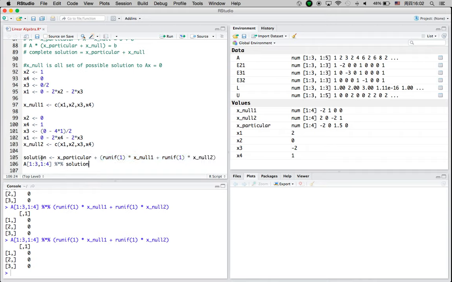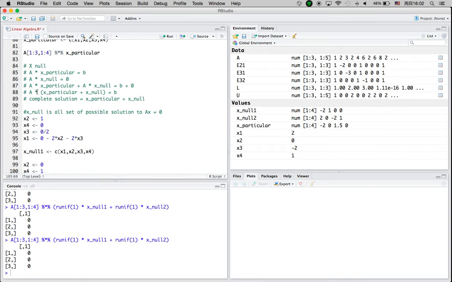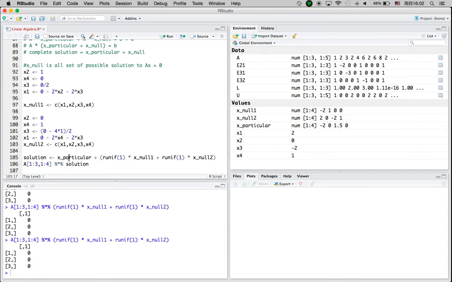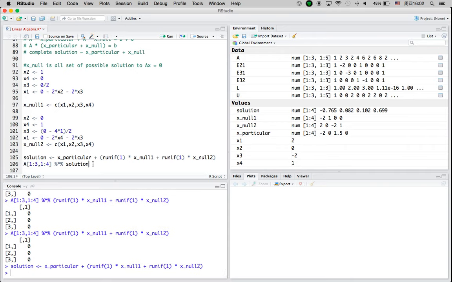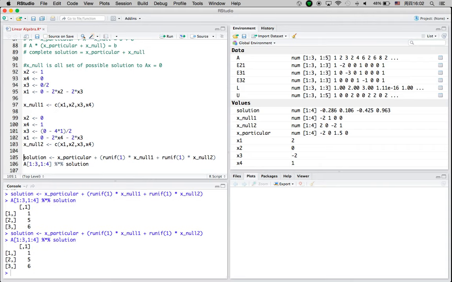So finally, the solution is actually the x particular plus the vectors in the null space, which we already proved or verified. That's our complete solution. Now let's store the solution into this object. If we keep refreshing, we still get 156, 156. So any linear combination of the null space plus the x particular is a final solution